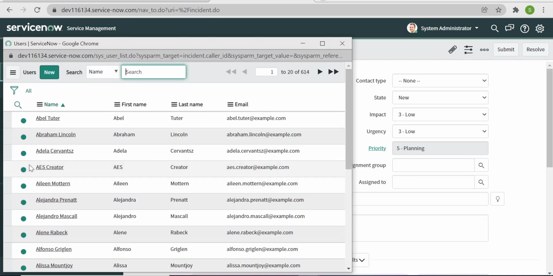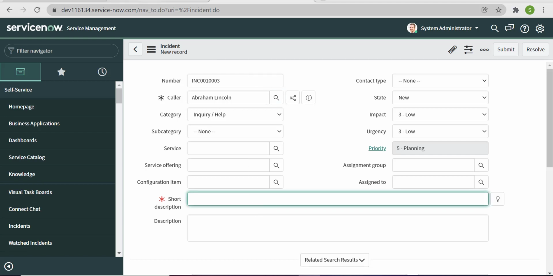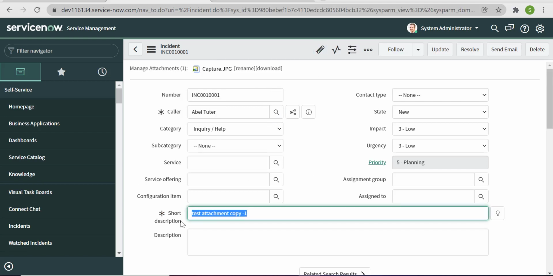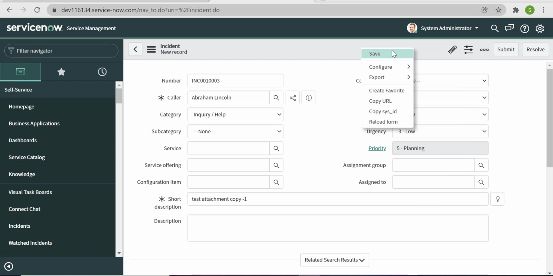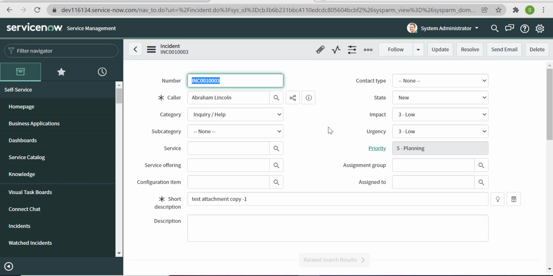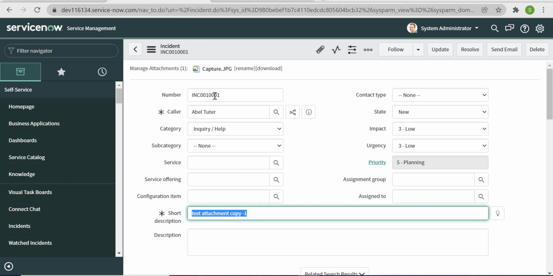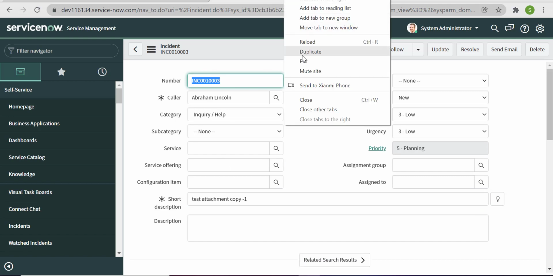And here the caller is Abraham Lincoln. Now what we are trying to do here is copy this attachment from this record to this incident record. So how will we do that?